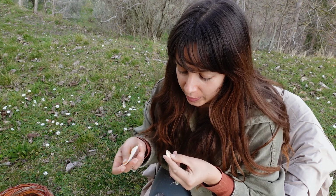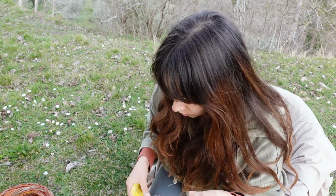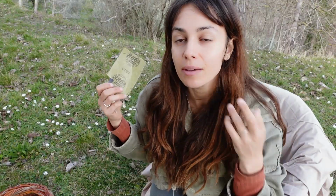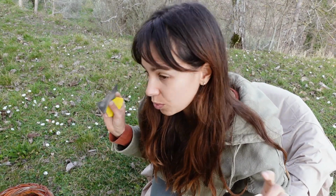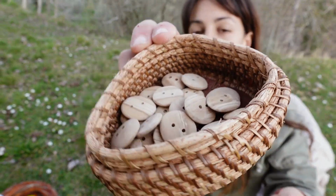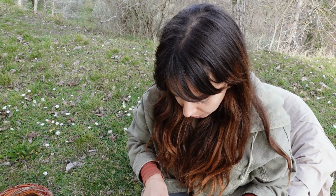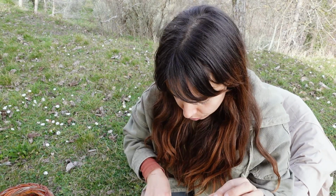Okay, so let me tell you a couple of things about these buttons. Since we make these buttons by hand, we don't have any machines or electrical devices. We just have a drill to drill the holes. All the shapes are very similar, but the buttons are not identical to one another. First of all, because we make them by hand, but also